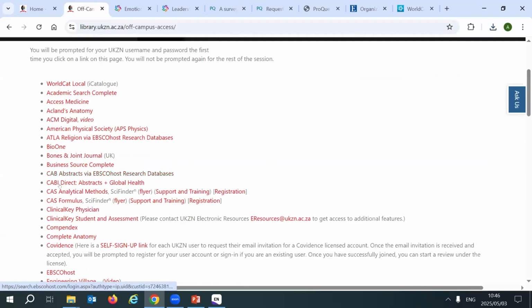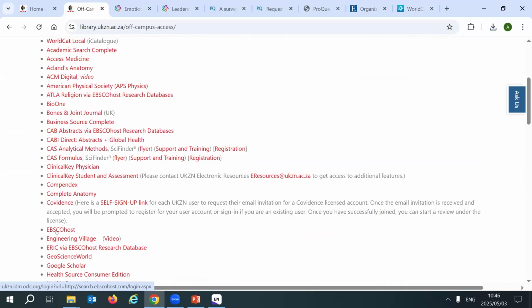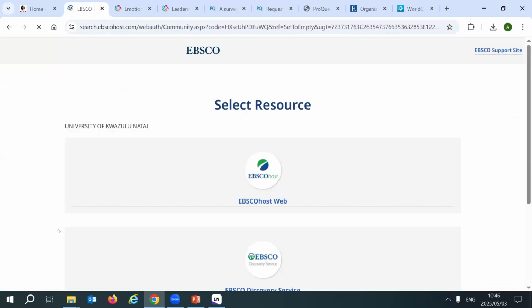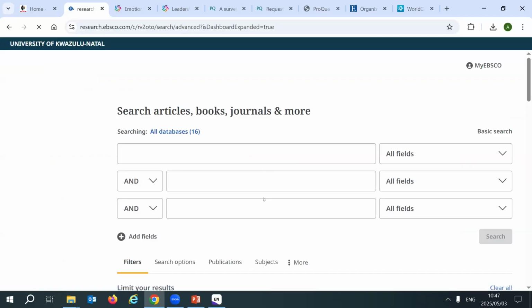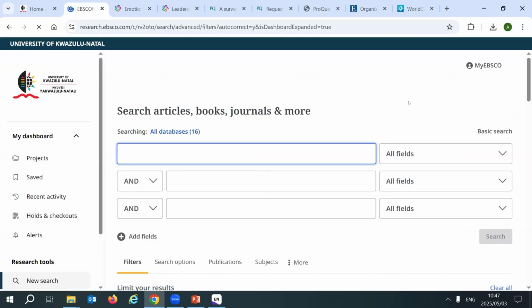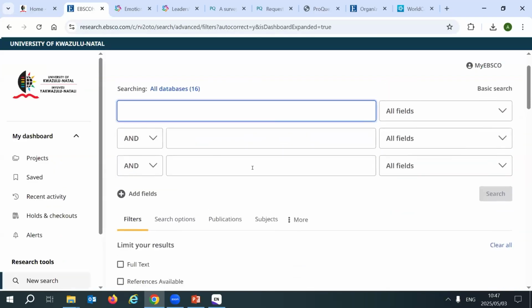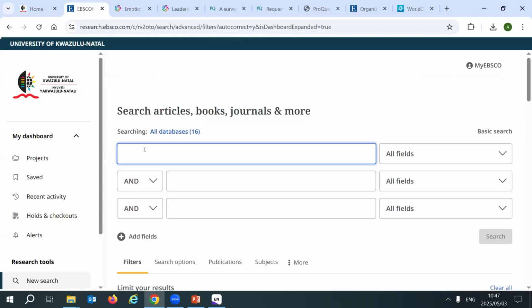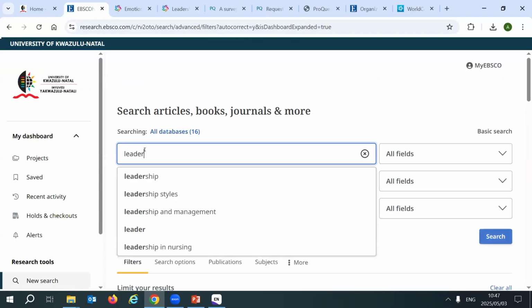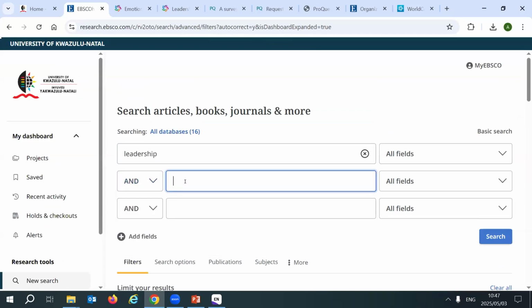So I want to show you one quickly. Let's go on EBSCOhost. So click on EBSCOhost, which is a multidisciplinary database. And when you come to this page, you select EBSCOhost Web. And then this is your search box, and this is where you're going to put in your keywords. So I'm, again, leadership and